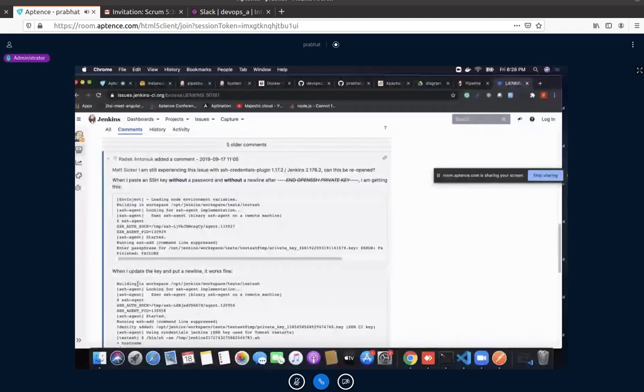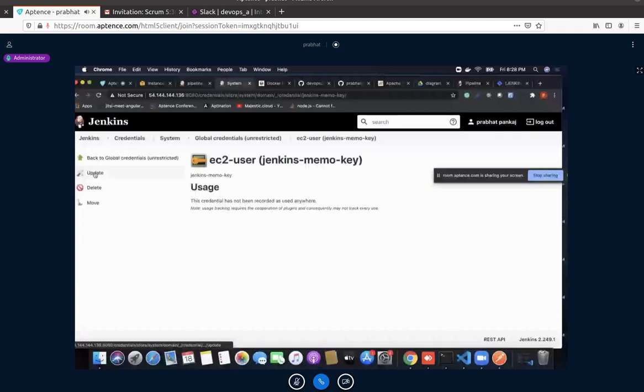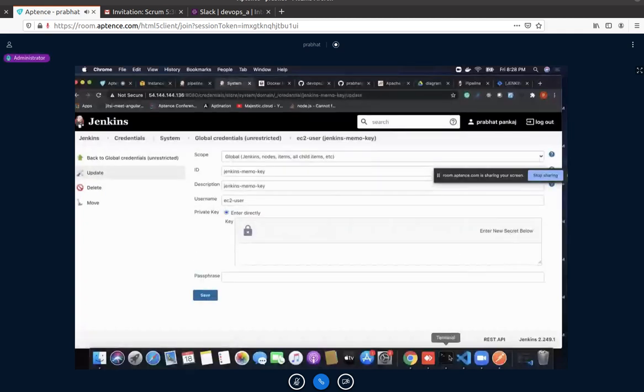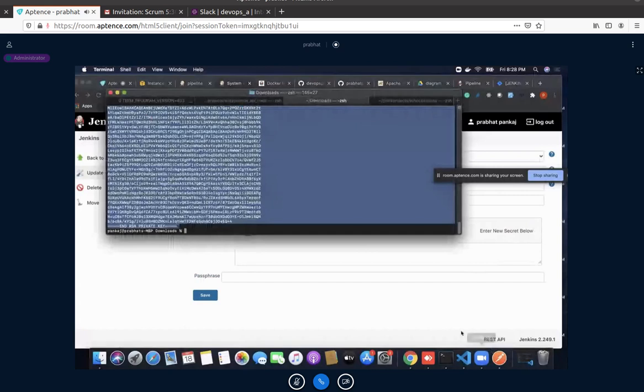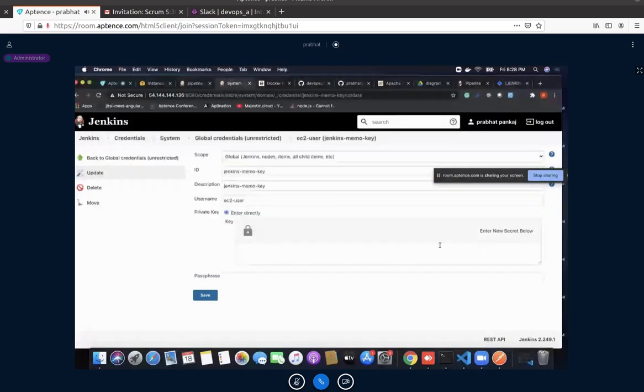When I update the key and put a new line, it works fine. Okay, what they are saying, this one and new line like this, it should work. As per this one, they are saying it would work.